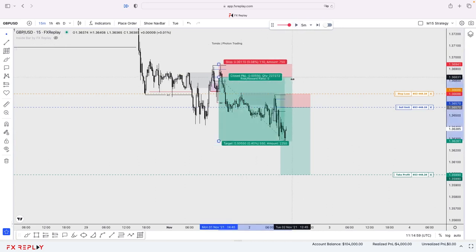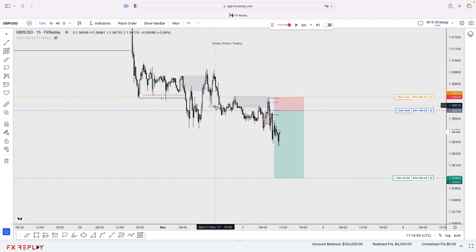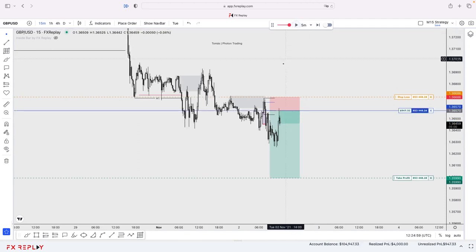This one was a winning trade. Okay, I will just delete, just to be clear. This one was a winning trade. Price tagged in. I'll move to break even here. Okay, and by the way, you can see that we got